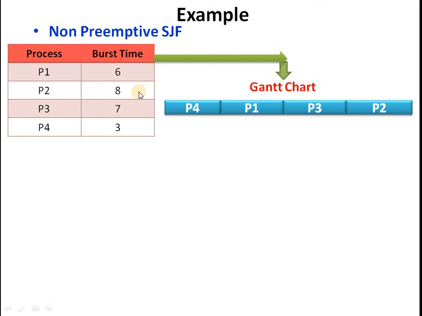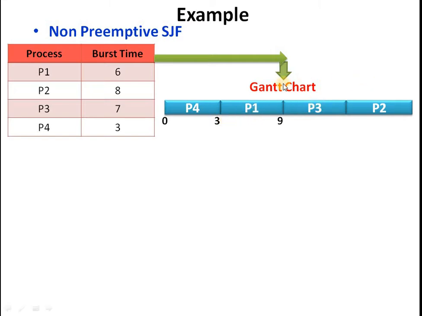Now first P4 will execute because it has the smallest burst time, so its waiting time is 0. P4 spent in CPU a total of 3 milliseconds, so its turnaround time is 3. So 3 milliseconds is the waiting time of P1. Now P1 requires 6 milliseconds for the execution, so 3 plus 6 is 9, it is the turnaround